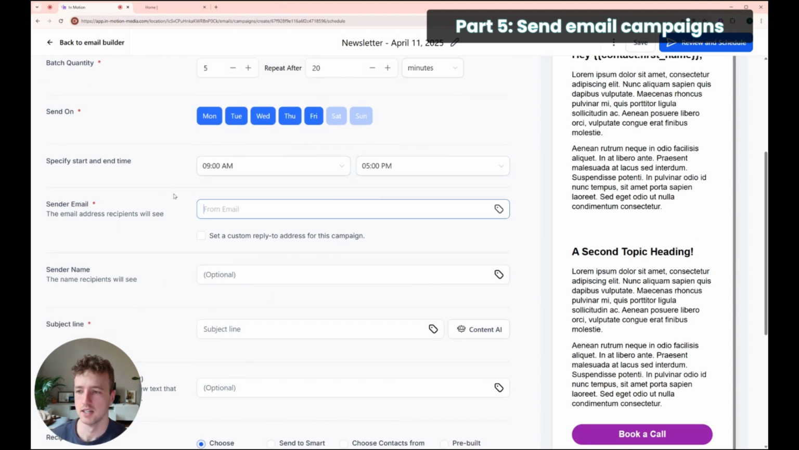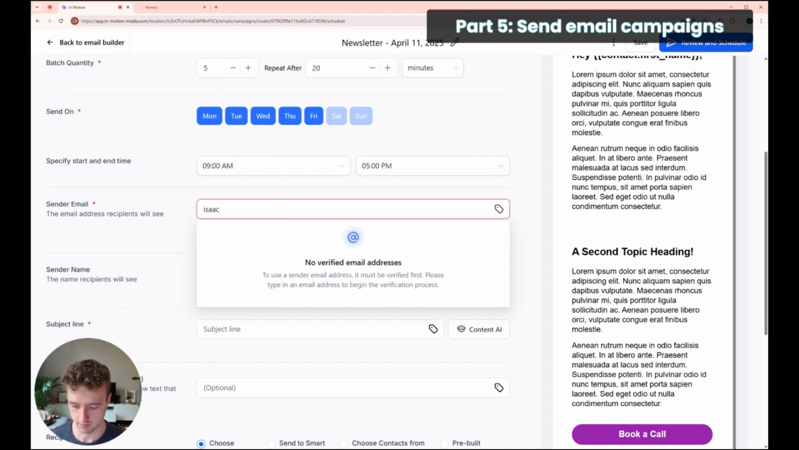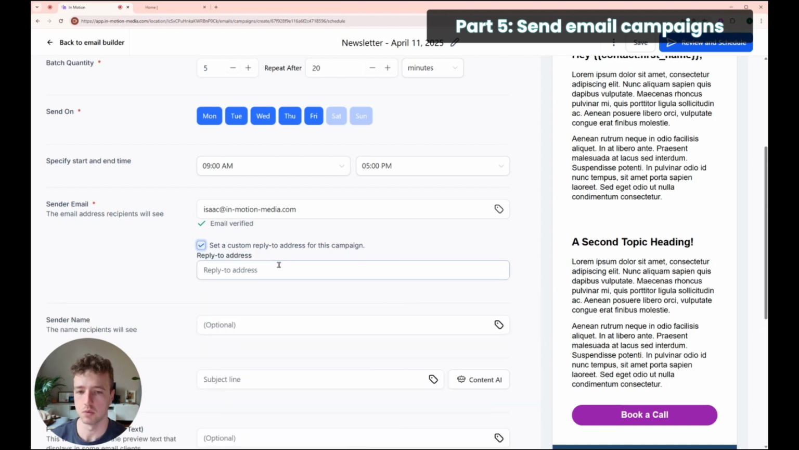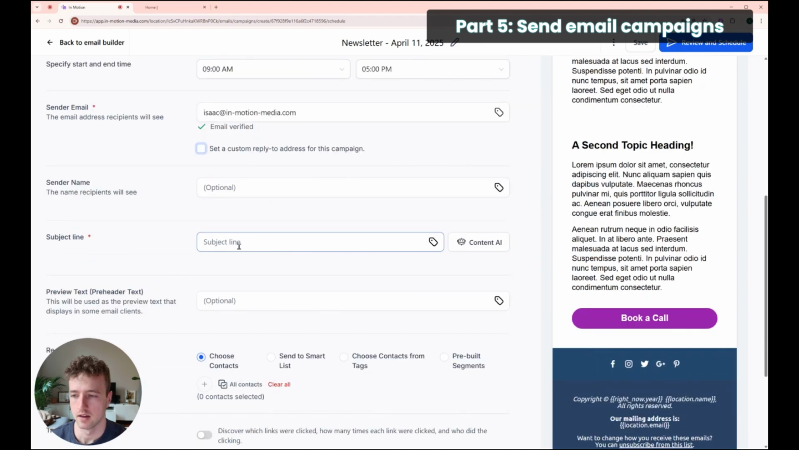Now, the from address is going to be the email address that you're going to be sending the email from. I could send from this address here. Now you want to make sure that the domain of this address you're sending from matches the dedicated email domain that you have set up in settings, email services. I'm not going to touch too much on that right now, but essentially this is going to be the email that people see when you send the email. We can also set up a custom reply-to address. This is if you want someone to reply to a specific email address other than the one set up here. Then you can add your subject line